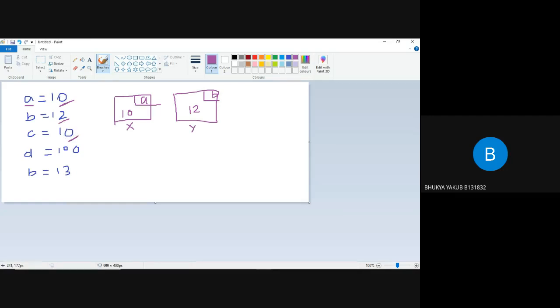And here you can see the variable is c. The value is 10. Again, I am assigning the same value for these two variables. So I don't want to allocate a new memory location. Simply, 10 and 10, both values are the same. For that, I'll allocate memory to this variable c also at the same location. It is said to be memory pooling.